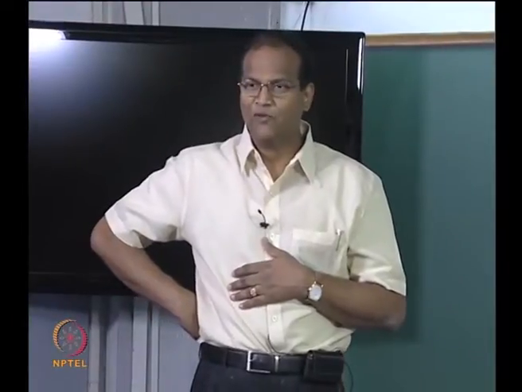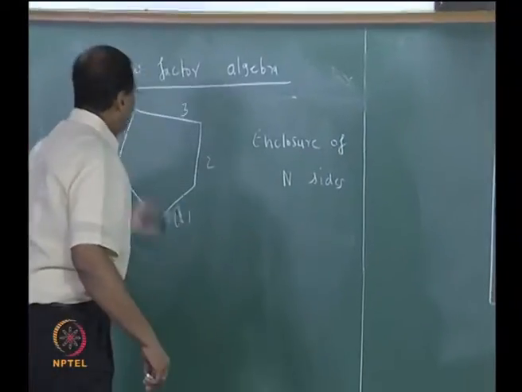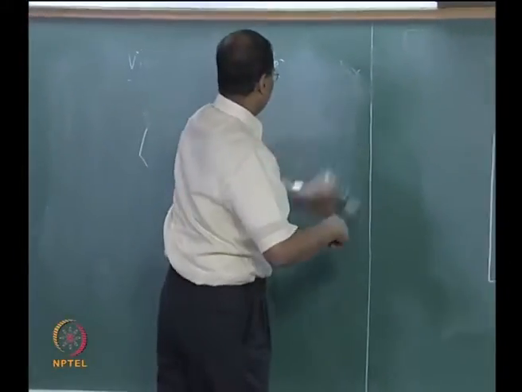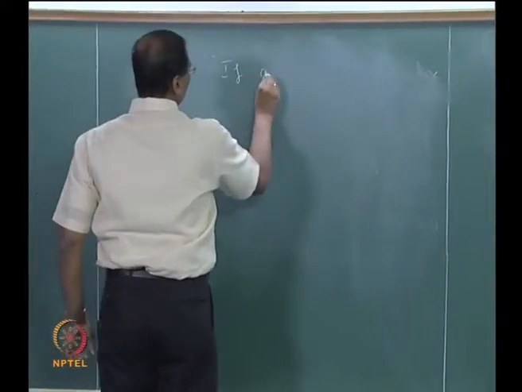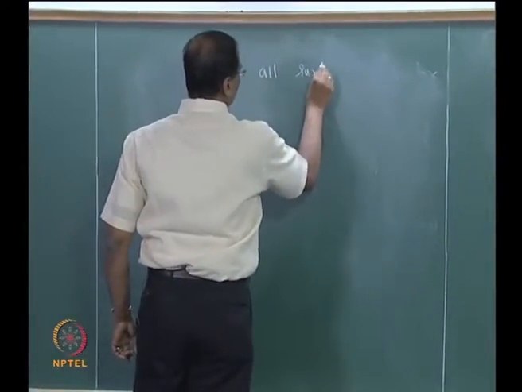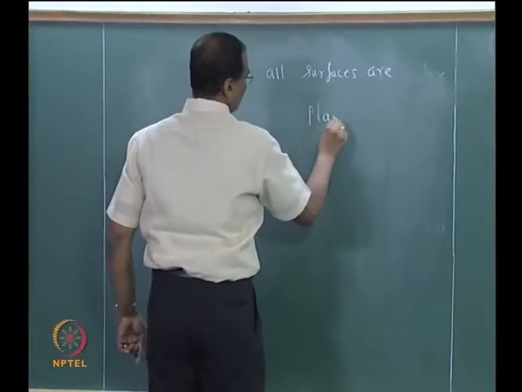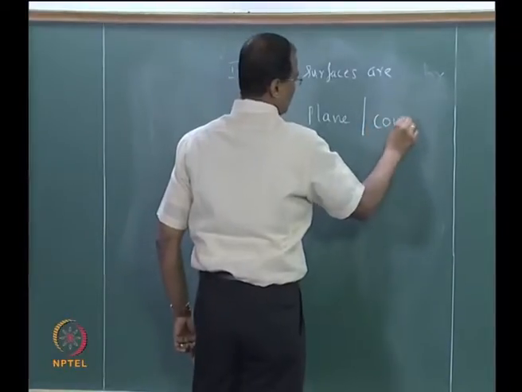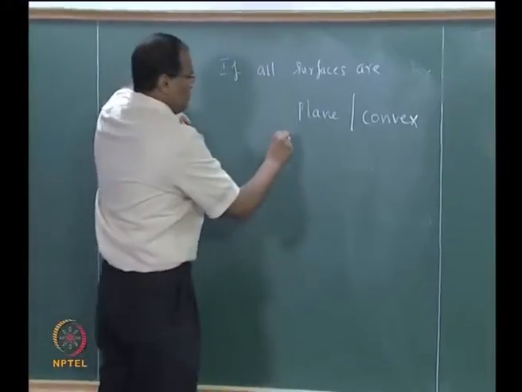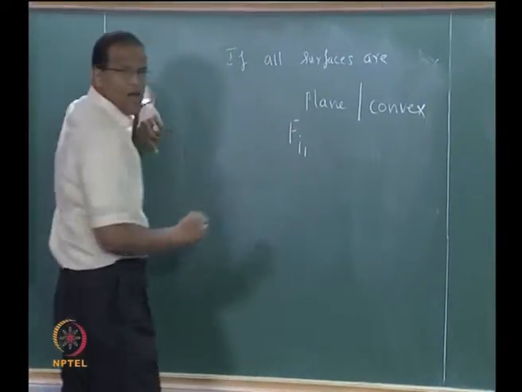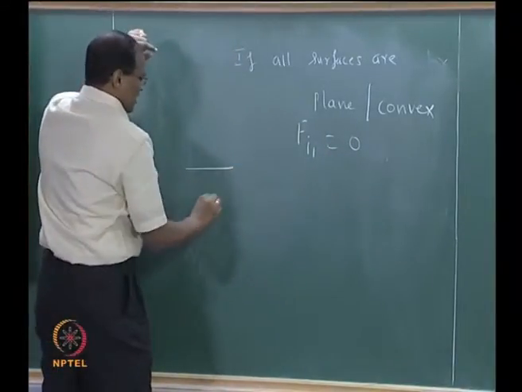Okay, NC2, fine. Now let us look at the case where all the surfaces are plane or convex. What will this Fii be? 0. Okay, for a surface like this,